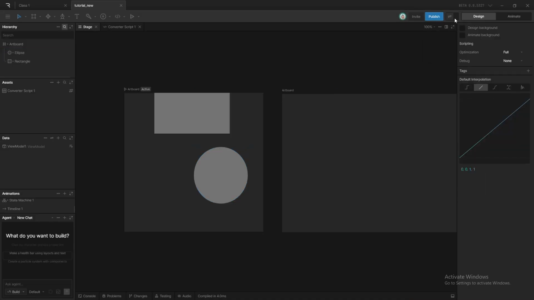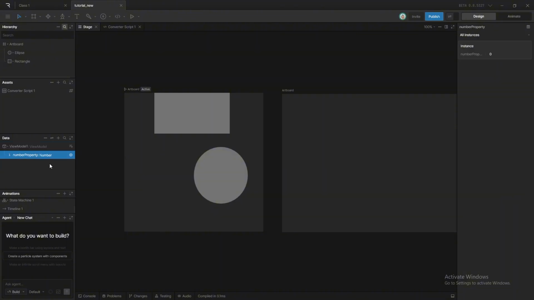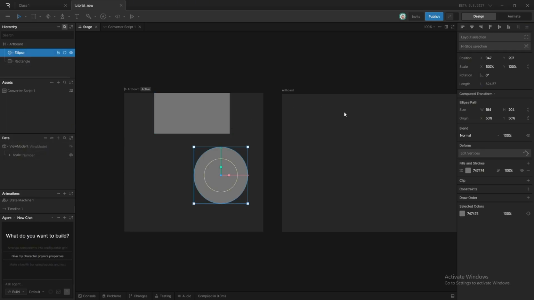Then beside it is this button, the preview bound values button. It's a very important one because there's what we call data binding within Rive. I'm not going to go in depth into that, but I'll show you what this particular button actually does. Let's say I have my ellipse and a number controlling it. I create a number, name it scale, then come to this ellipse and say, okay, I want to change the scale, data bind this scale